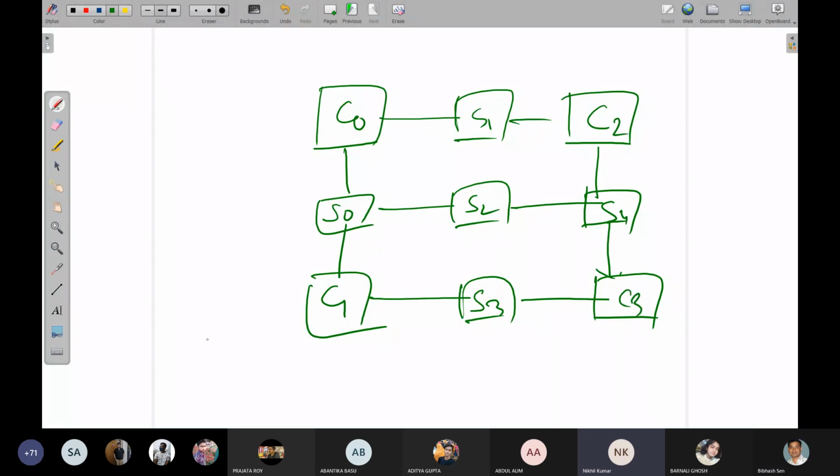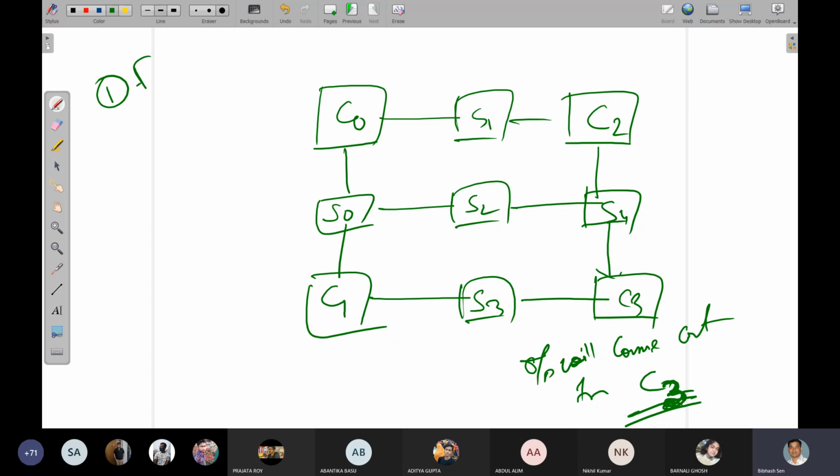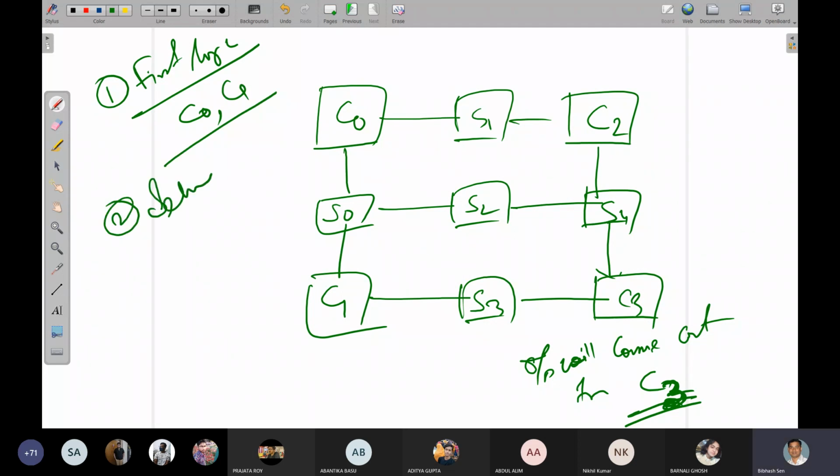Okay. The output you have to receive will come out from C3. Clear? I can tell for the first logic: for the first logic, use C0 and C1. For the second logic,